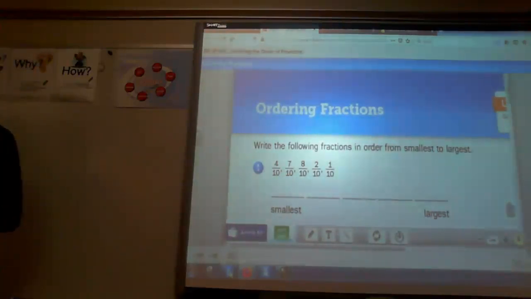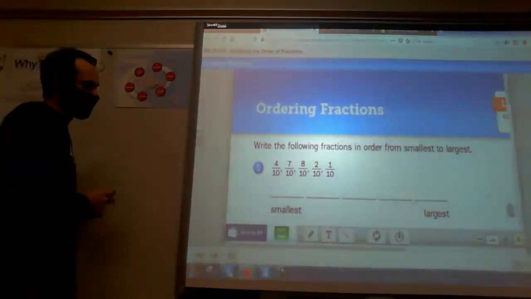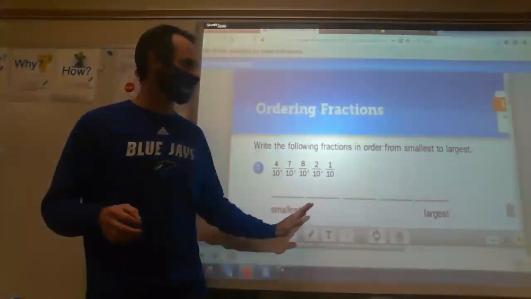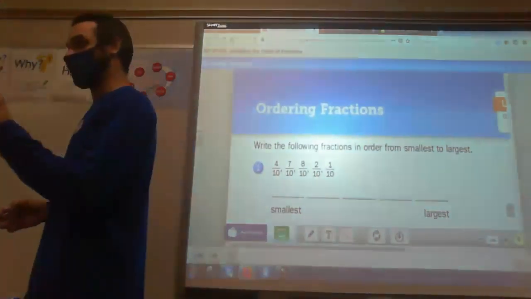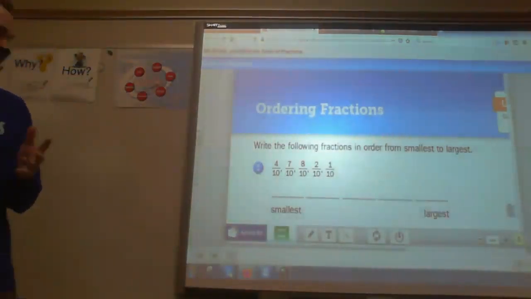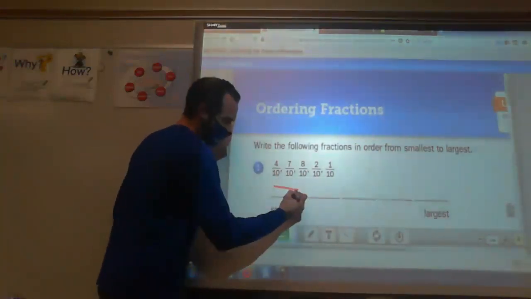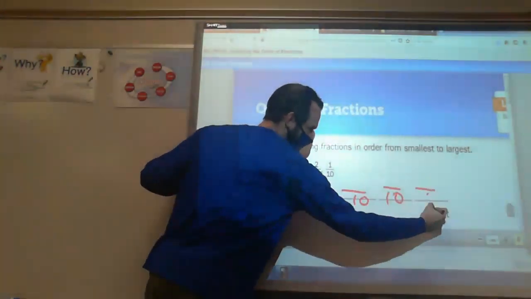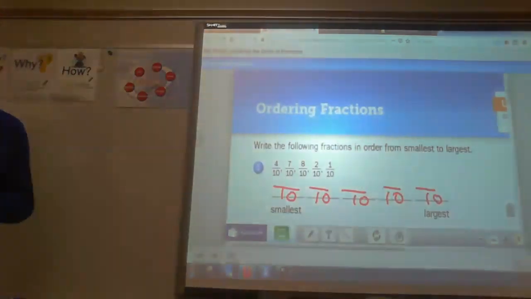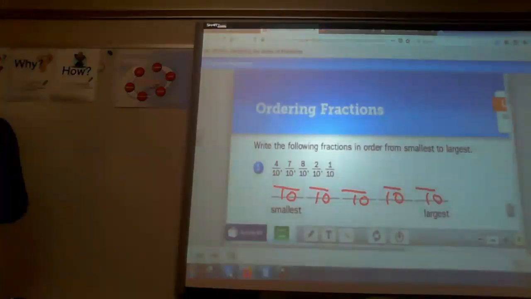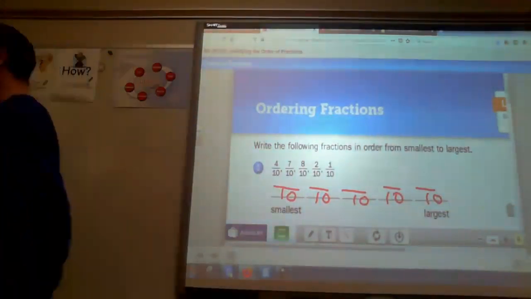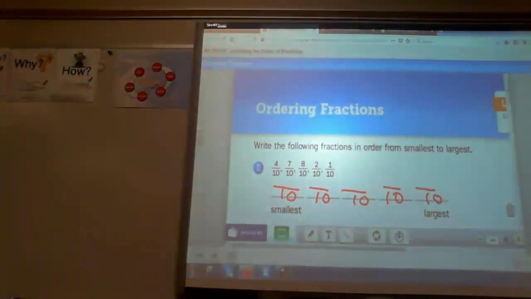Okay, so that means we have a common denominator. So therefore, all we have to do when you have a common denominator, going from smallest to largest, is put the numerators in order. If you wanted to start this, you could just go like this, right across the board. You could write this neater than me on the line, because it's probably easier to write in your book than it is on the smartboard. Okay, put them in order. All you have to do is write the numerators from smallest to